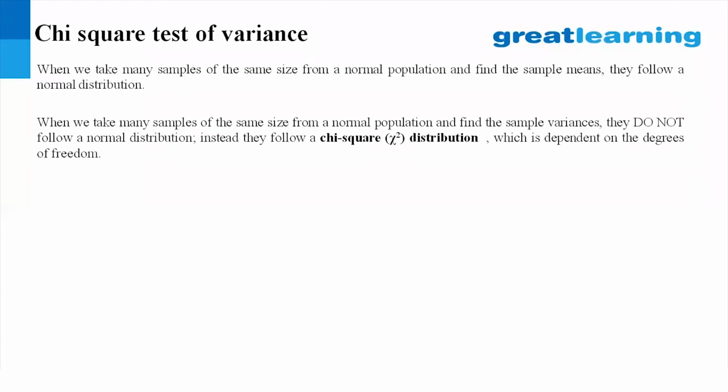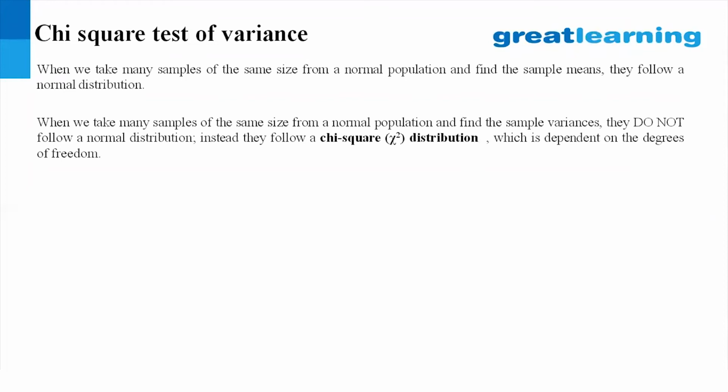So if you take the same samples of the same size from the normal population, and instead of calculating their means, you calculate their variances, those variances do not follow a normal distribution. The distribution that the variances follow is called the chi-square distribution, and this chi-square distribution is dependent on the